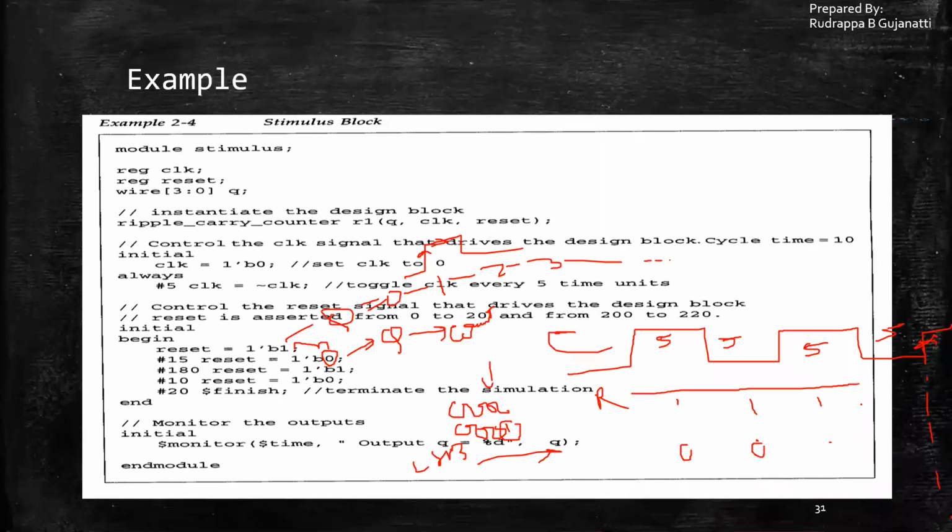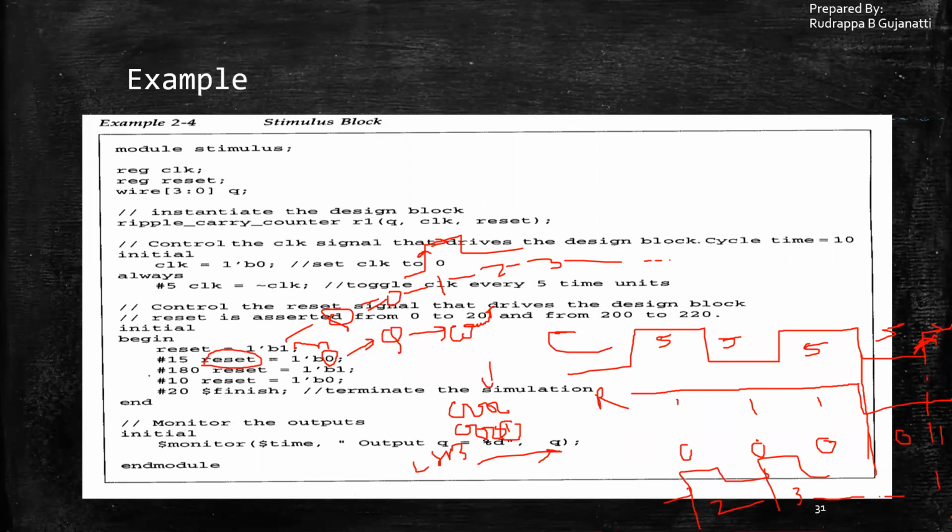Now the reset pin is low, so Q should start to count. But here the counting won't start, because the count happens at the rising edge or at the level triggered option. So Q is still 0, but when the next rising edge comes, it will be decimal 1. At the next rising edge, Q will be 2, next 3, and it continues as long as reset is equal to 0.